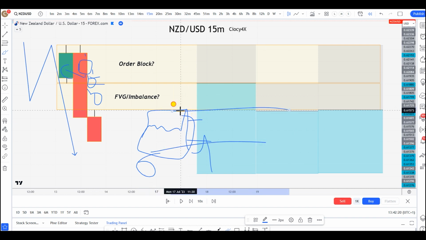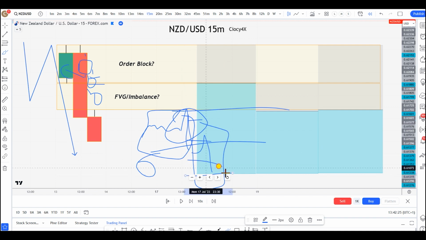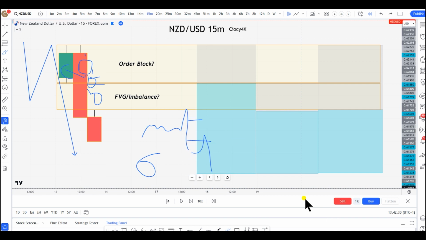Which is basically an order block that is releasing orders, right? So you might have a higher time frame imbalance over here, and then price keeps going to the downside. Okay, no worry, I'm going to show it to you in a bit on the chart. So let's jump to it.